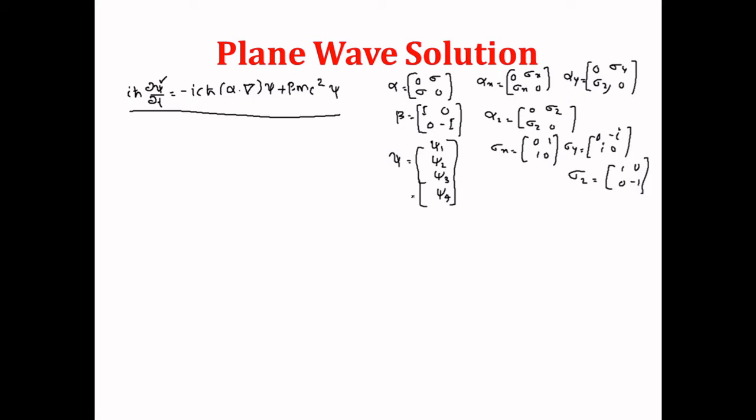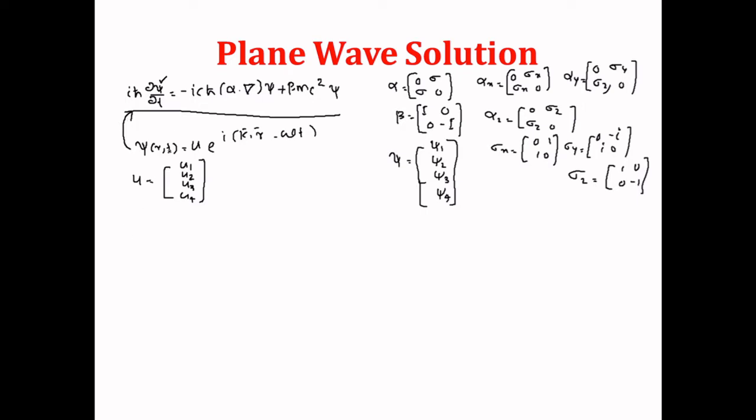Okay. Now we are going to try the plane wave solutions of the form ψ(r,t) equal to u into e raised to i(k·r − ωt). Here psi is a column matrix. So here u can be considered as a matrix with components, let it be u1, u2, u3 and u4. Now we can substitute this value of the wave function into the Dirac equation.